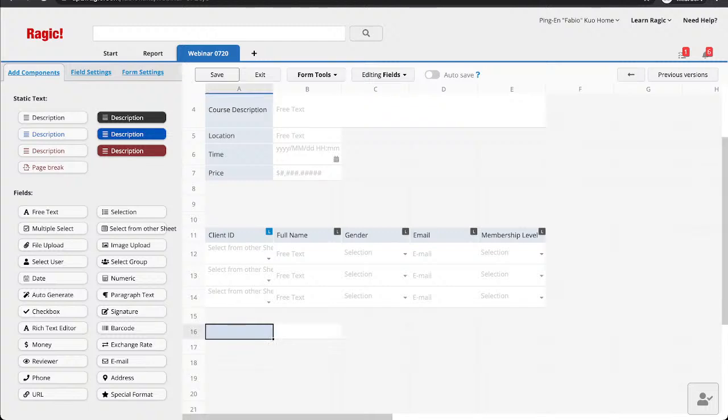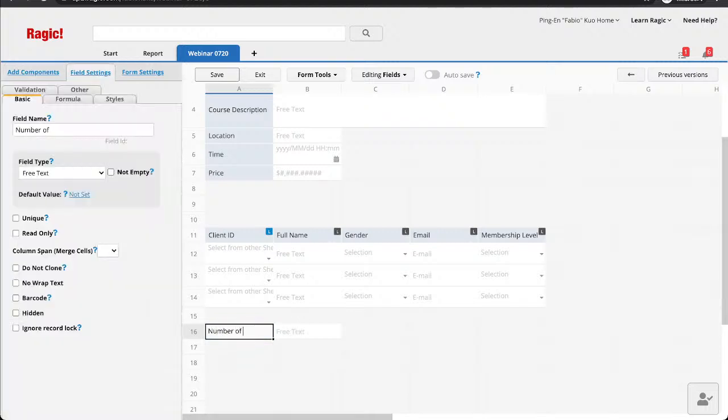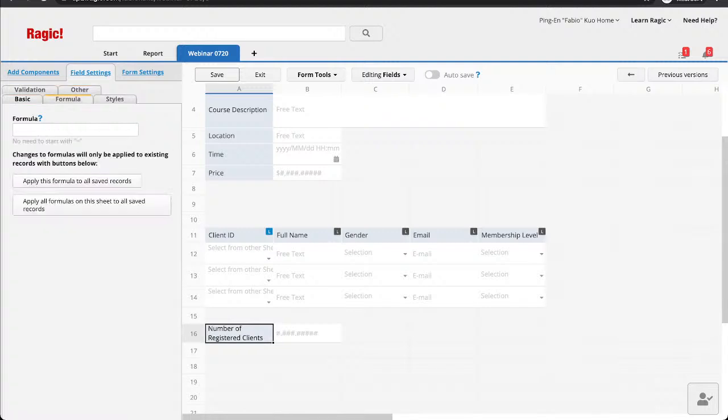So if I would like to count the number of clients registered in the course, I can use a formula. Change it to a numeric field and add a formula. Just simply count the number of entries in the subtable.